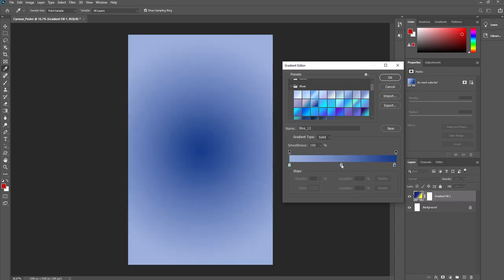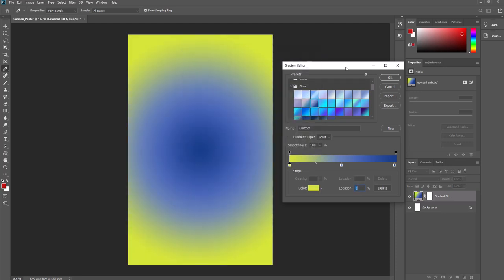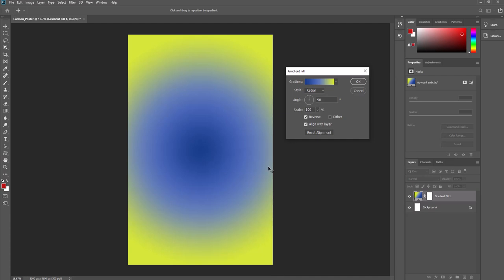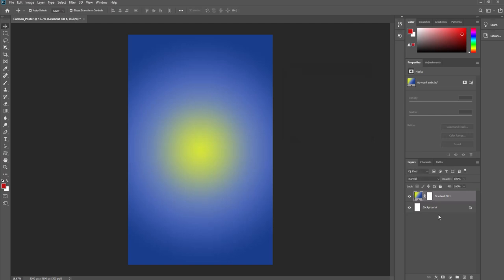Let's go to there, and actually let's just turn this one into a yellow, and there we go. I'm just going to leave it like that. So from here, actually, I don't want it reversed anymore. I still want the yellow in the middle, just because I kind of like it. All right, so I'm going to say okay to that, and then I'm going to go over to my website,